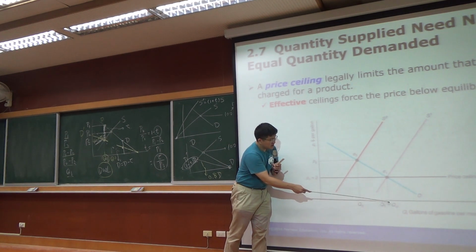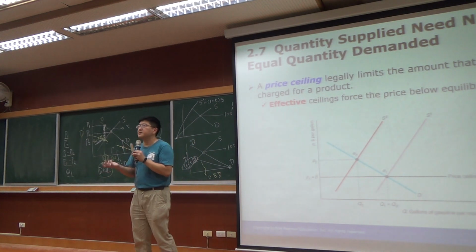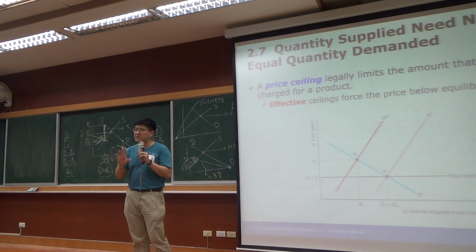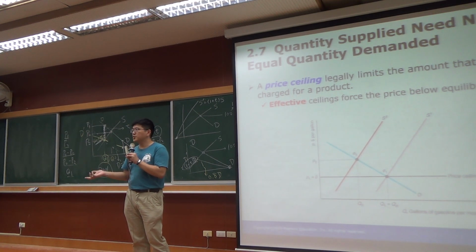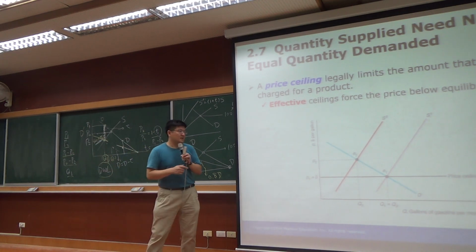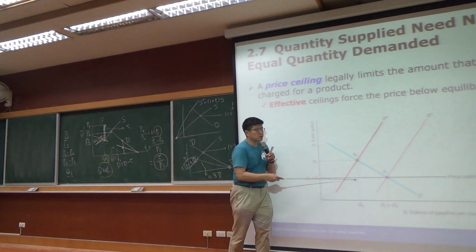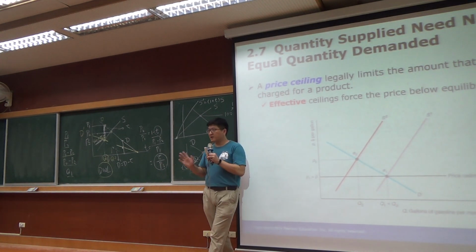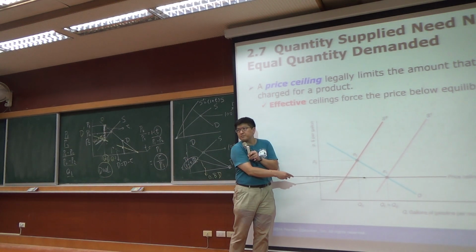And quantity demanded that exceeds quantity supplied, we call it a shortage or a surplus? It's a shortage, excess demand. So we have a shortage here. Given a shortage and without any government intervention, the price, there will be a pressure to make the